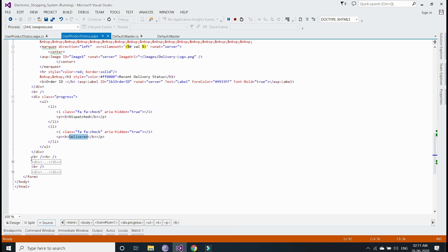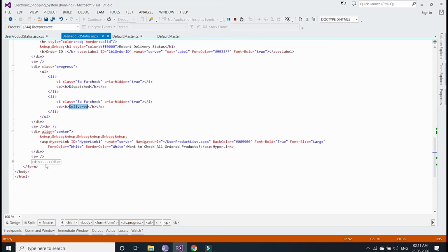After that I've given two break tags. After that, one div tag with the align property set to center and given some character space. Inside that I've taken one hyperlink, to check all ordered products.